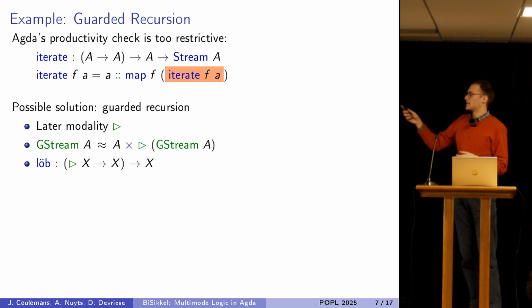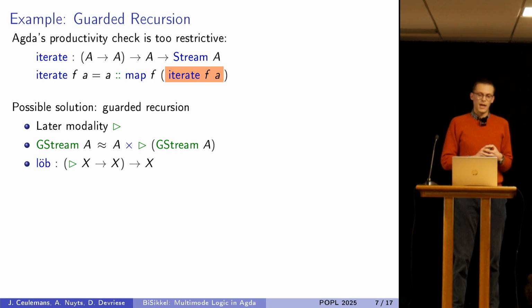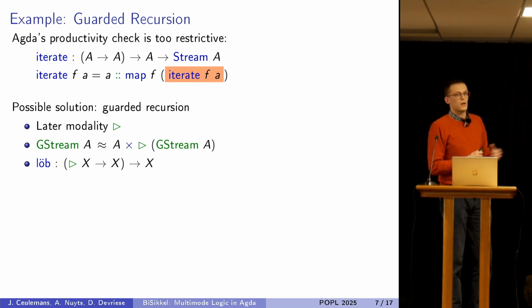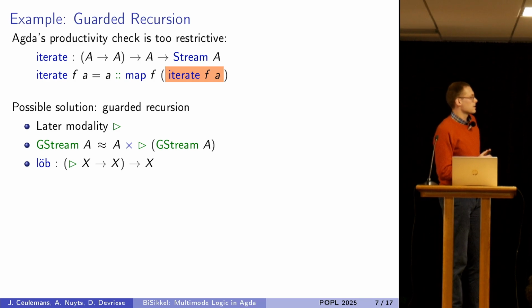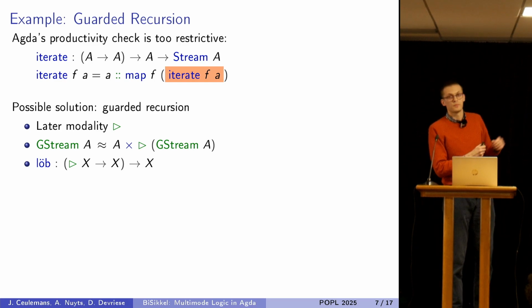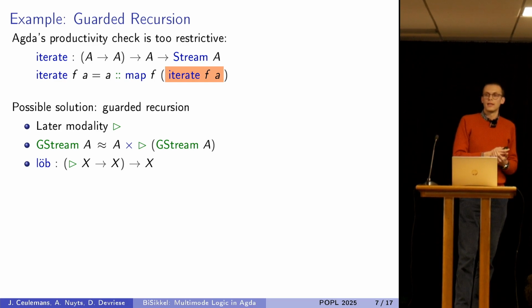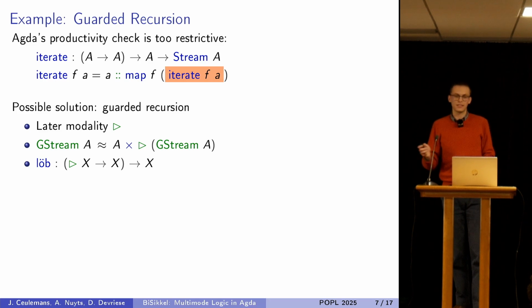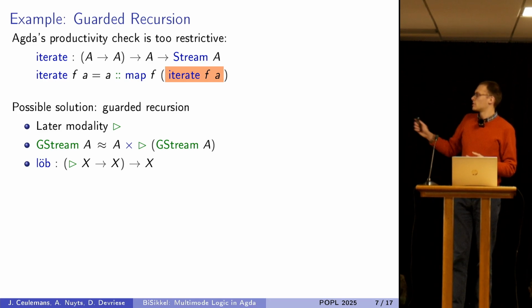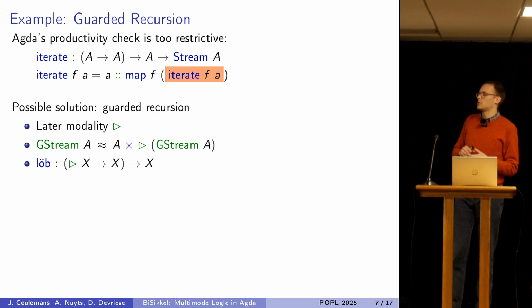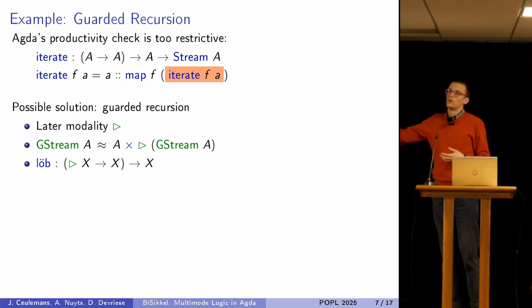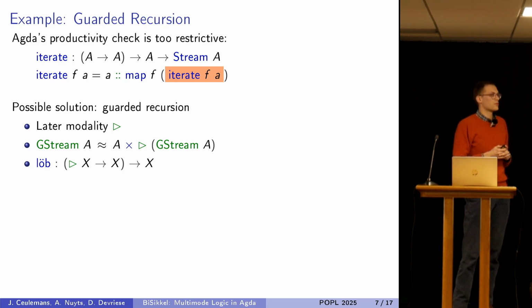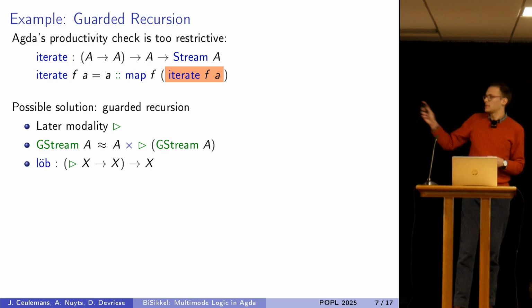So guarded recursion adds a later modality to our type theory, which is a unary type constructor. And then we can construct a type of guarded streams, and a guarded stream of A's has a head of type A and a tail of type later guarded stream of A. And also, the final thing that guarded recursion adds is a fixed point operation called loeb induction. So in order to produce a value of type X, we need to produce a function from later X to X. And this later will make sure that every fixed point, well, every definition is productive. And using these primitives, we can then